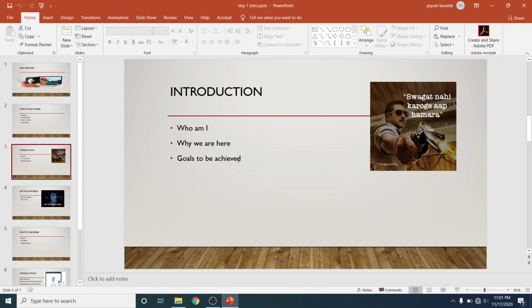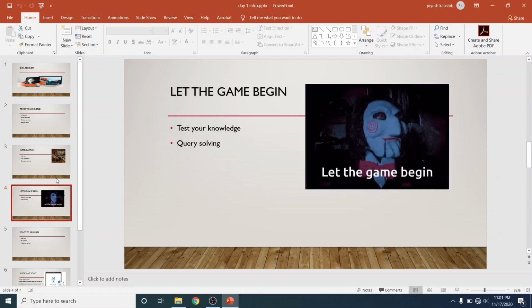What will be the goals to be achieved at the end of the 10 days training? You will be able to use the automated tools, you will be able to use the manual tools for data recovery, and much more. You will know the process of how data gets deleted and how to recover the files. All the processes you will be familiar with. So, moving forward,